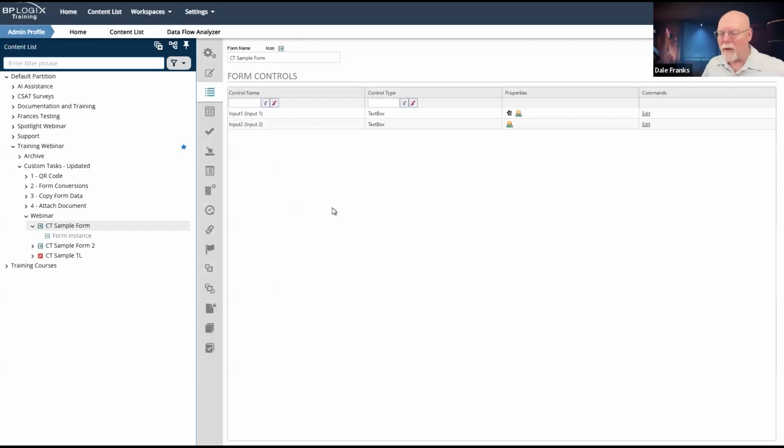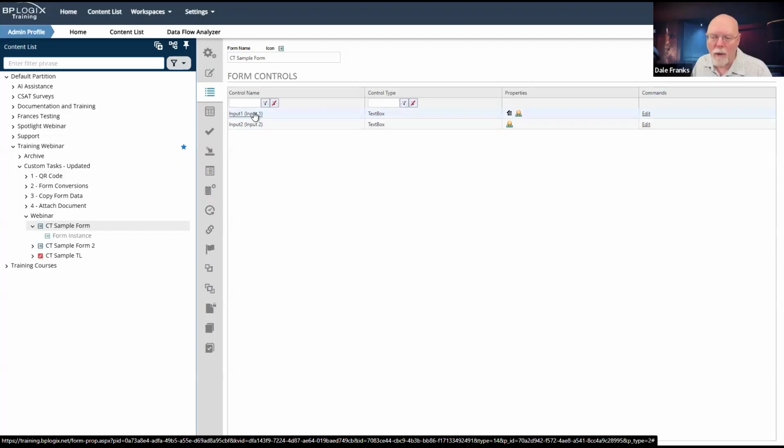So now, whenever I run this form and I put a value in input 1 as a user, then when form 2 is invoked, whenever that may be, and it gets attached to the process, Process Director is automatically going to take the value on this form and put it into a field named input 1 on the second form.